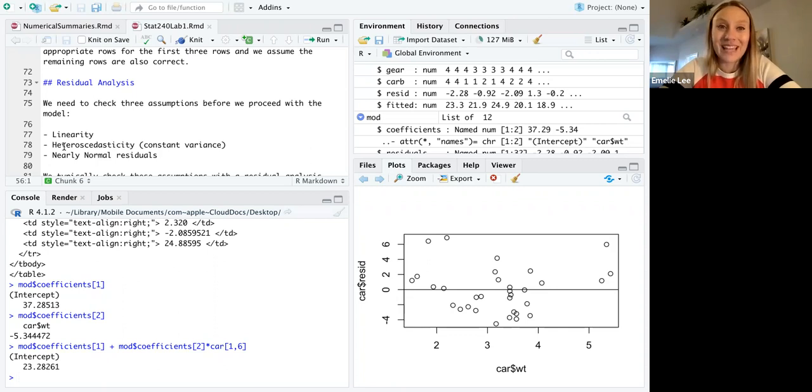The next condition we're going to check is heteroskedasticity, which is fun to say, but also really hard to say. Heteroskedasticity, or constant variance. So what we're checking for here is you want to have the same even random scatter around